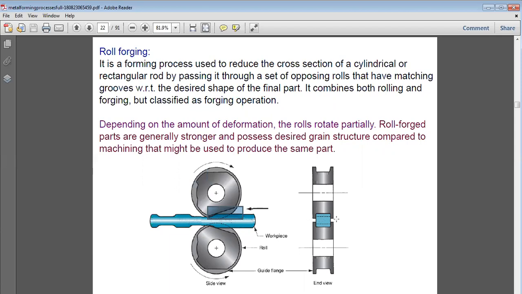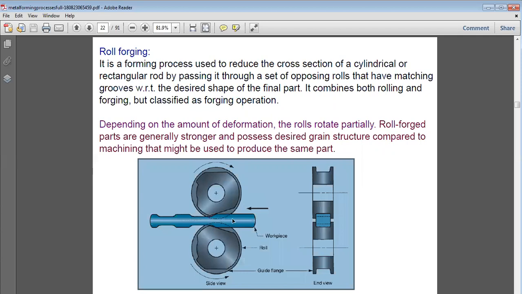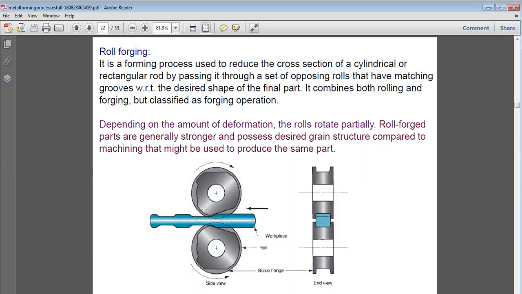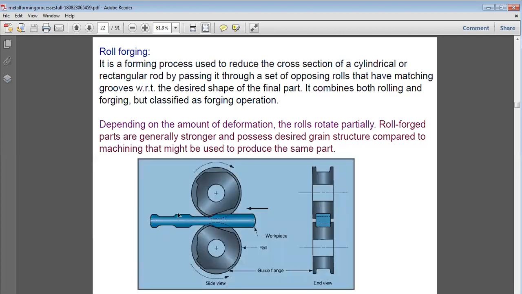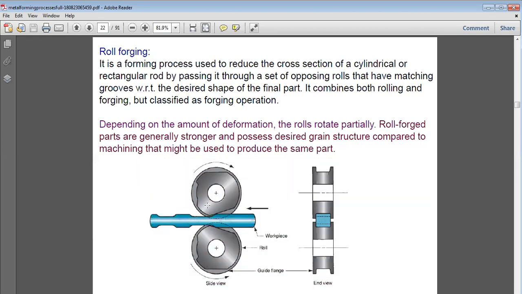This is the side view. When we see it like this, when the workpiece moves through here, this shape will be produced here, and when it moves through there, that shape will be produced there. Finally, when it moves through this one, the third curve will be produced in this case, and that is to be imparted on both the sides.